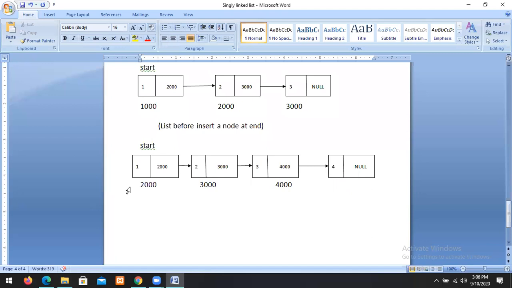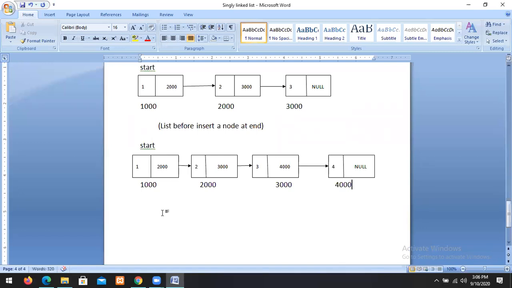So sorry, once more: this is the address of the first node, 1000. The address of the second node is 2000. The address of the third node is 3000. The address of the fourth node is 4000.